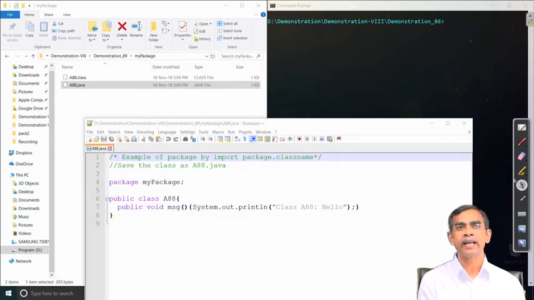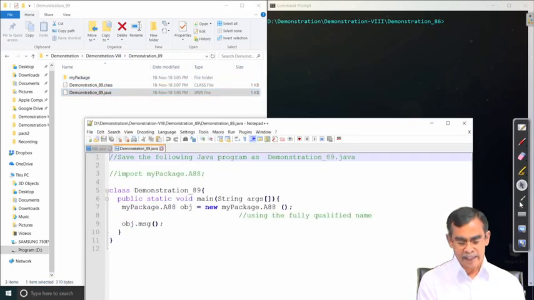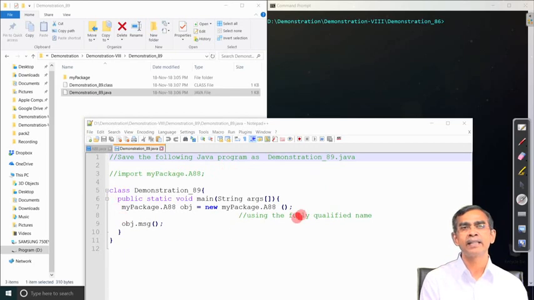Okay. So, this is the A88 method and we are accessing this method by an application program class, the main class here, and then we can use it. Using the fully qualified name, we can use mypackage.A88. That means a fully qualified name, because A88 belongs to mypackage.